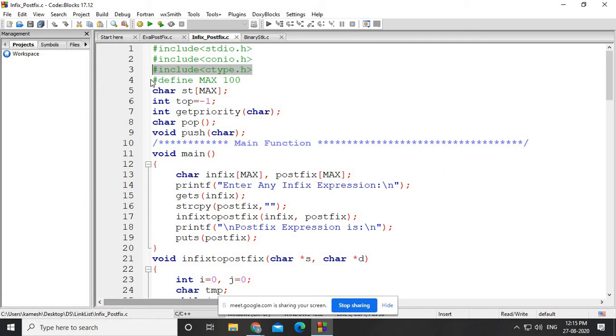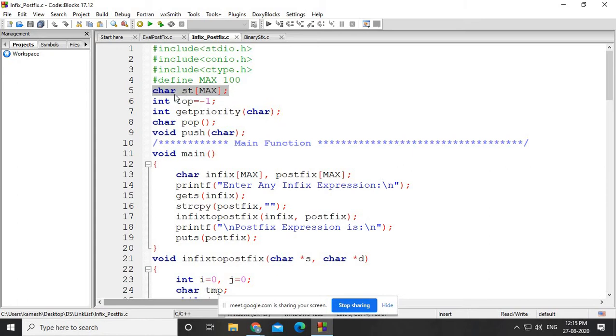Now, here I have declared a constant max, and the value of that is 100. Then, how can we convert an infix expression into postfix? Obviously with the help of a stack. So I need a stack, and for that purpose I have declared a stack array.